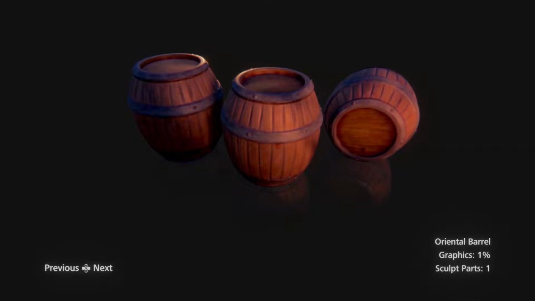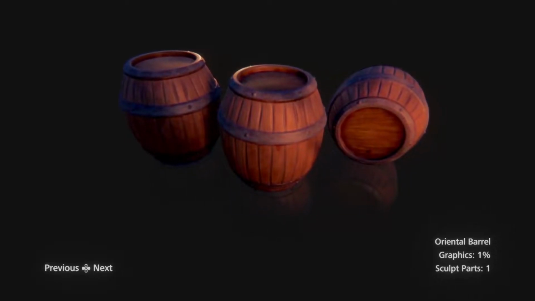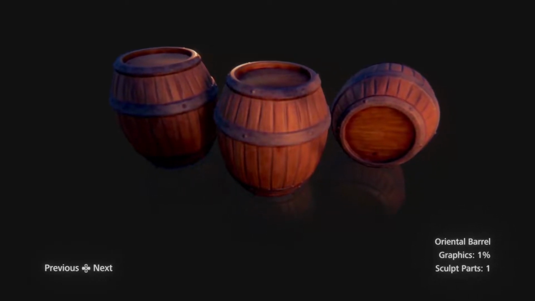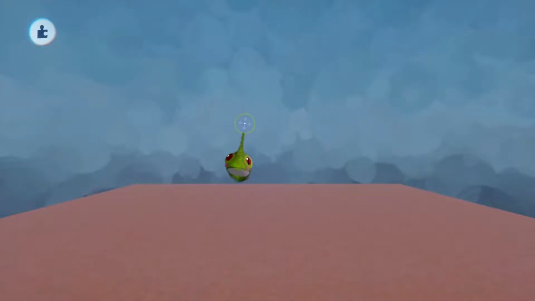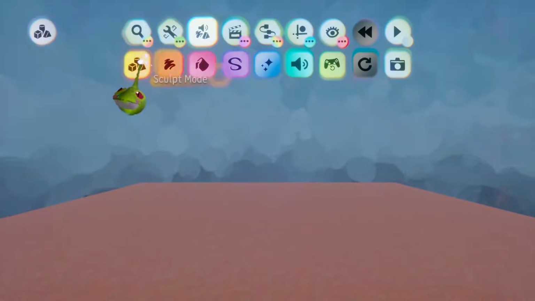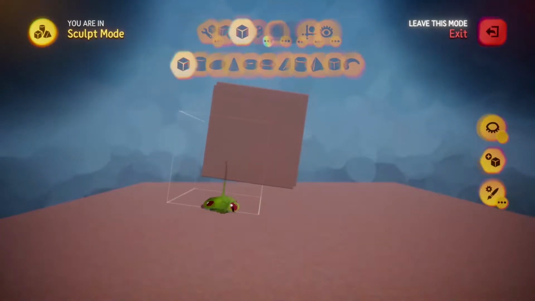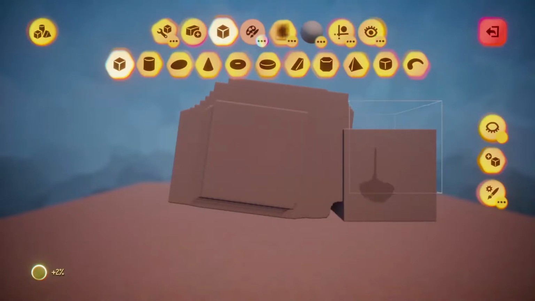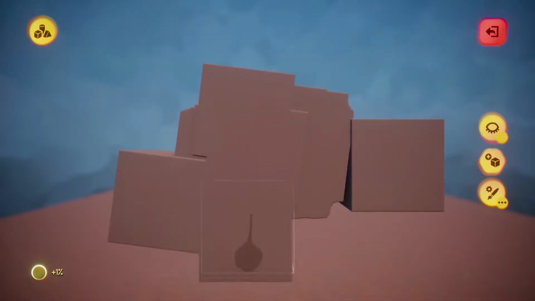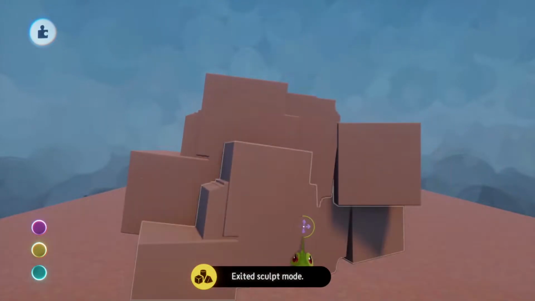If you're going to use multiple single sculpts in one asset, you need to realize this. If it's just a barrel, right? But if you're going to make a game, you need way more assets to make your game alive. You need way more props to place in your scene.